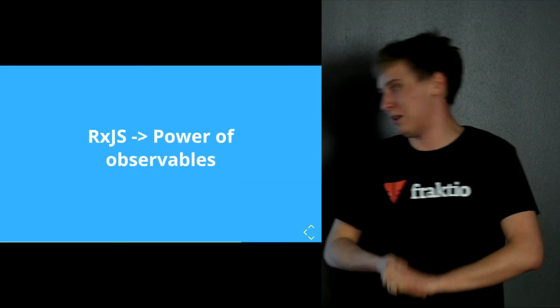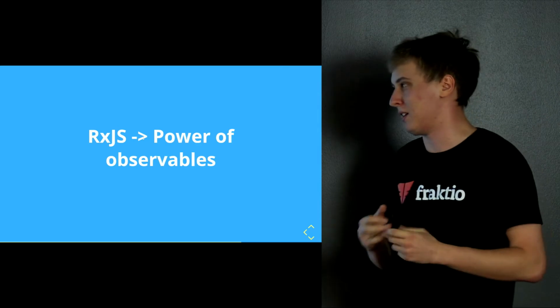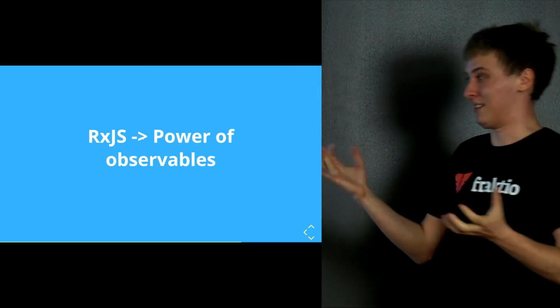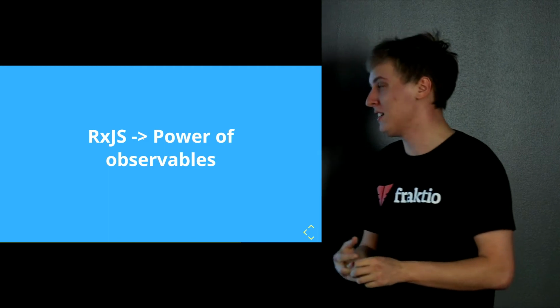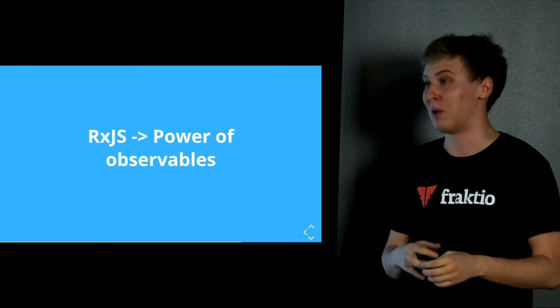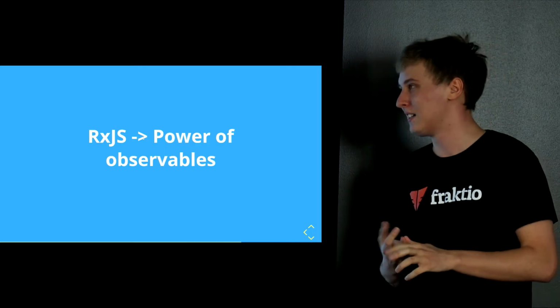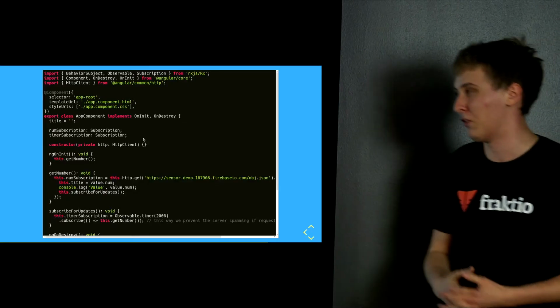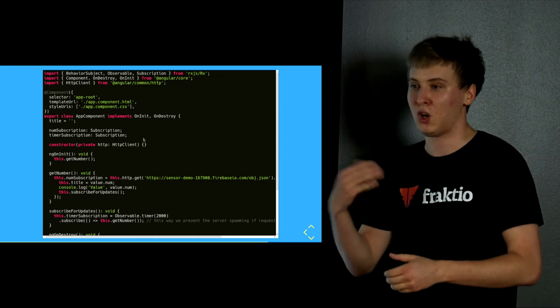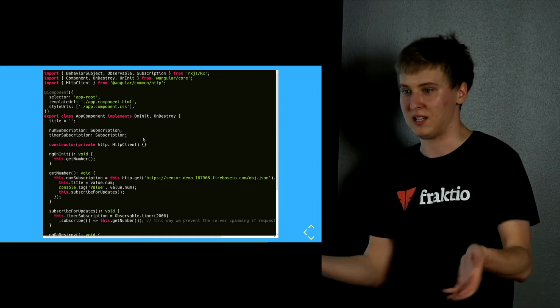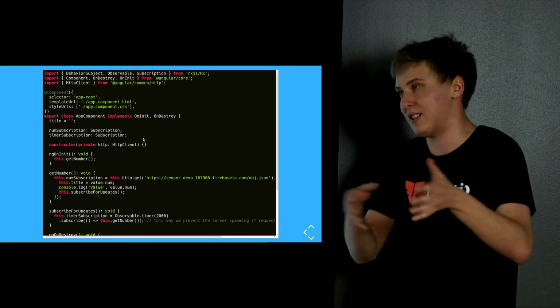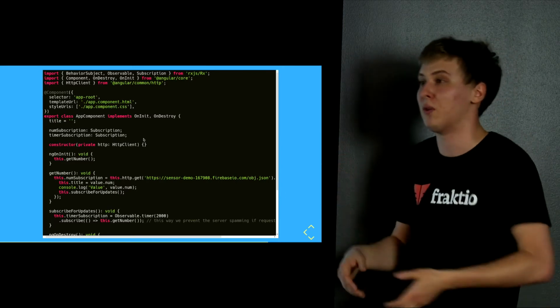Now, let's talk about my favorite and the scariest topic, because I'm afraid I'm going to say something completely stupid: RxJS, the power of observables. I discovered observables before I discovered promises, and I kind of like that, because I read that a lot of developers find it difficult to understand observables when they jump from promises or even async arrays. Basically, when you call a promise, it can only have two values. Well, it also has a status of pending, but apart from that, it's either resolved or rejected.